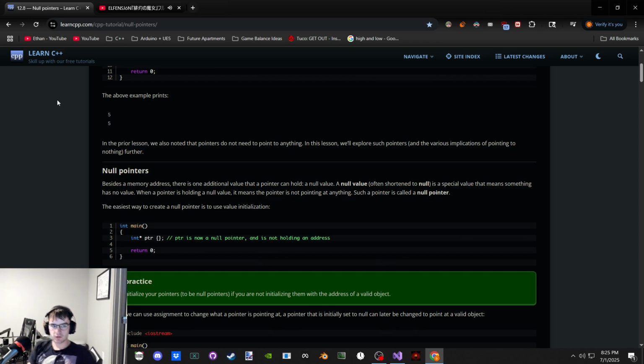is a special value that means no value. When a pointer is holding a null value, it's actually not pointing at anything. It isn't that it's pointing to some forbidden piece of memory with a locked door. It's like taking the firing pin out of a firearm, or putting something in that stops the firing pin from operating, so that it can't even fire, it can't destroy itself or anything.